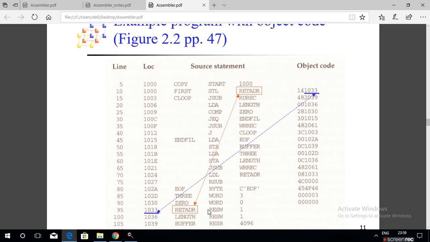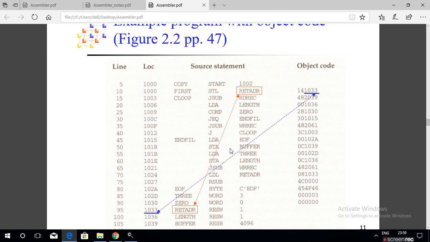You subtract the starting address of the program, 1000, from 2079; hexadecimal subtraction you have to do. That is the program length. Save the location counter value at the end minus the starting address as the program length.